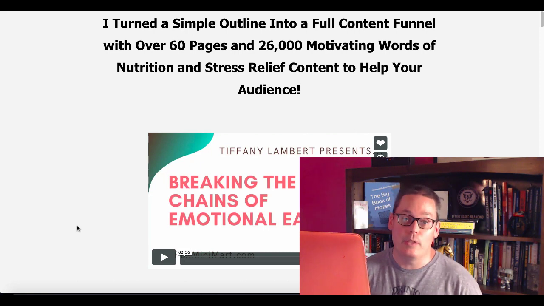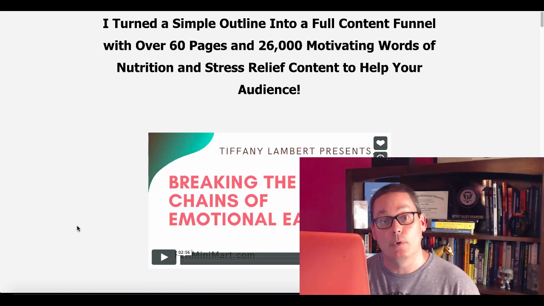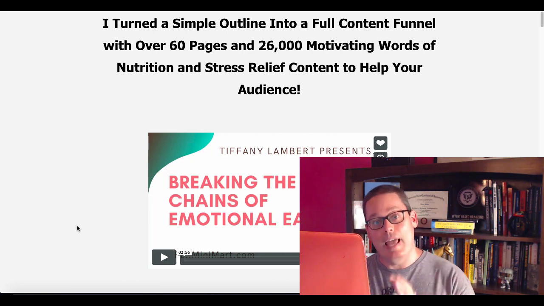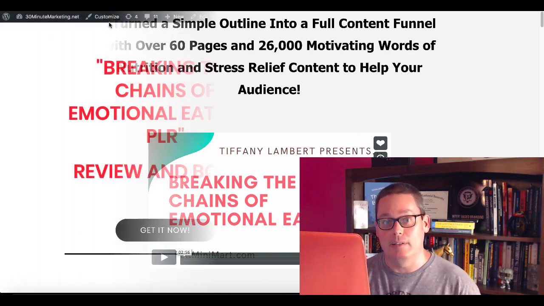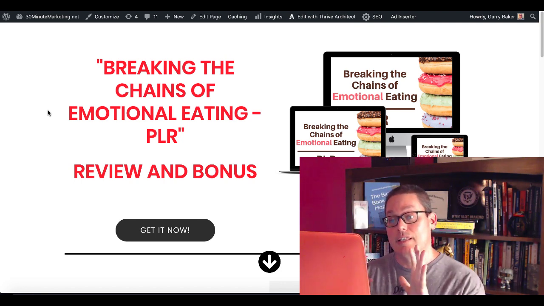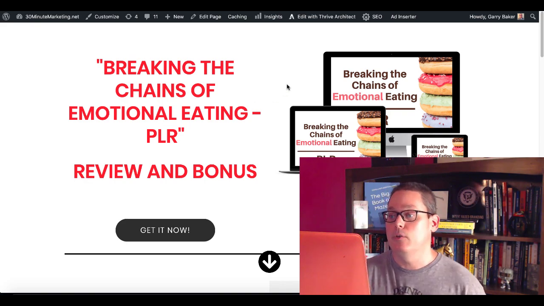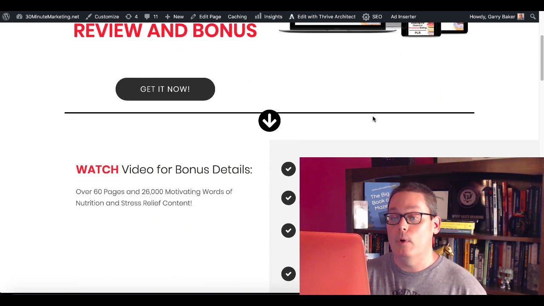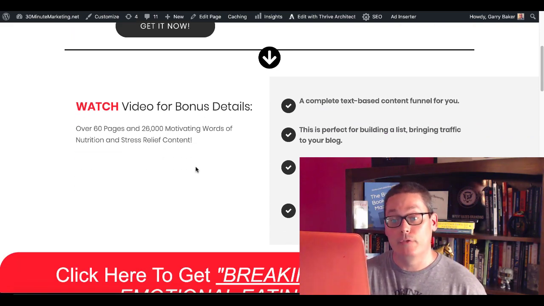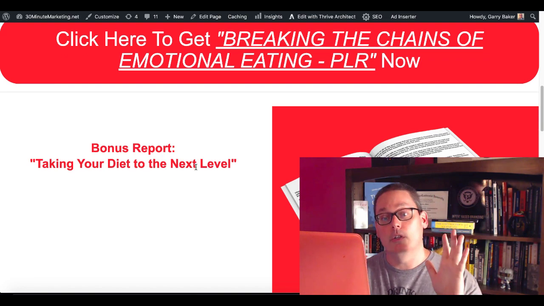Now real quick, let me show you that bonus page that when you click on the link, it's going to take you over there so you know exactly what you're going to get when you land on the bonus page, so you don't have any surprises. So again, when you click on that link, it's going to take you over to this bonus page, and you can see this is the Breaking the Chains of Emotional Eating PLR review and bonus page right here. There'll be this little image that you will see on the sales page. And I'm going to have a video right here for you to watch that's going to explain everything that you're going to get here to include the bonus report,